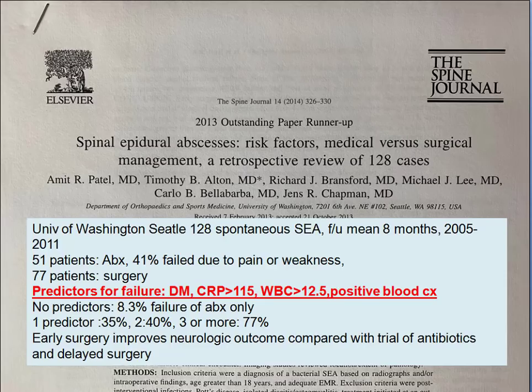Okay, so this is just one of the articles I mentioned. I thought this was a great article to read, and I learned something from it. This is from the University of Washington, 128 patients, and they followed these people to see who failed. The predictors for failure were four things: diabetes, C-reactive protein greater than 115, white count of 12.5, and positive blood cultures. If you have all four of those, there's a 77% chance you'll fail medical treatment. If you have one, 8% chance. So my patient had none of these, but I thought this was very helpful